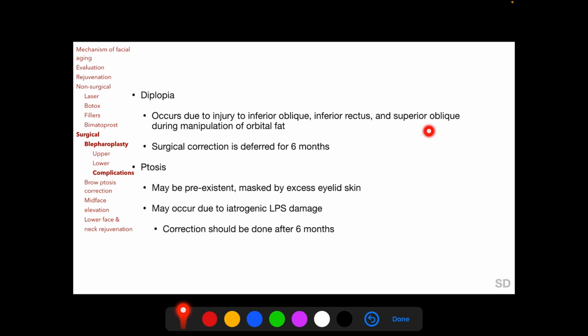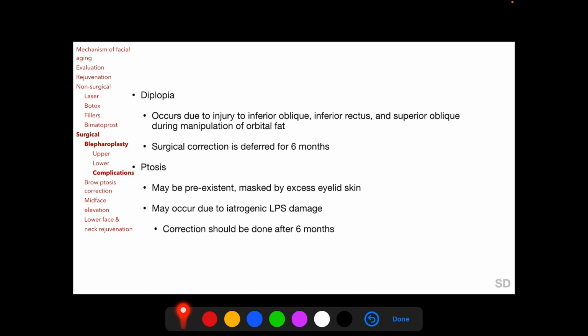rectus or superior oblique muscle during manipulation of orbital fat, and surgical correction of this diplopia is deferred for at least 6 months after blepharoplasty to allow adequate time for spontaneous resolution. Ptosis following blepharoplasty may be pre-existent, being masked by excess eyelid skin of dermatochalasis, or may occur post-blepharoplasty due to iatrogenic LPS damage. Here also, correction of the ptosis should be deferred for at least 6 months to allow adequate